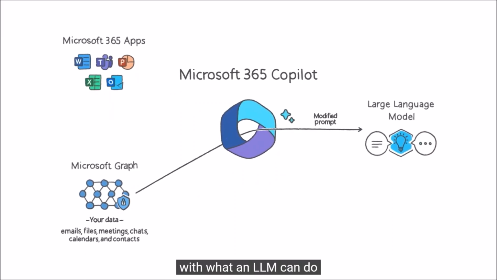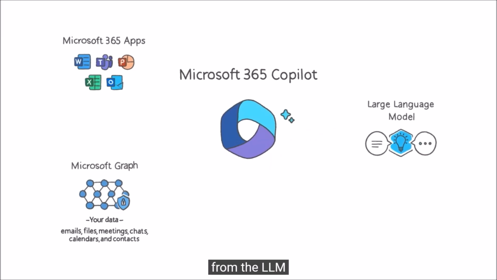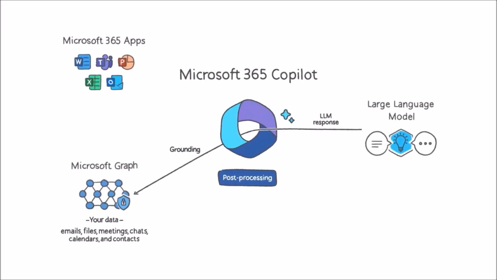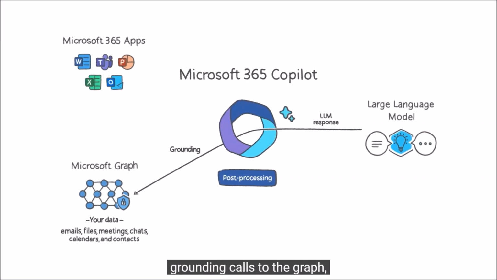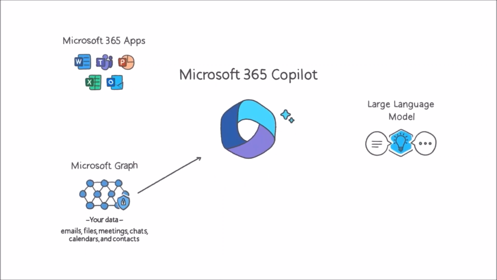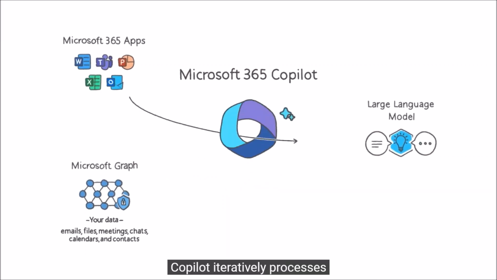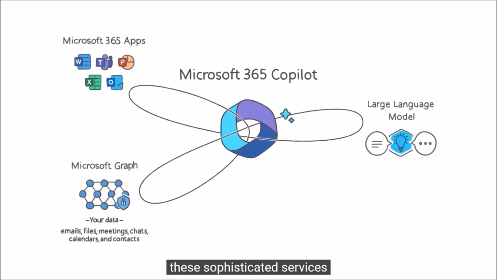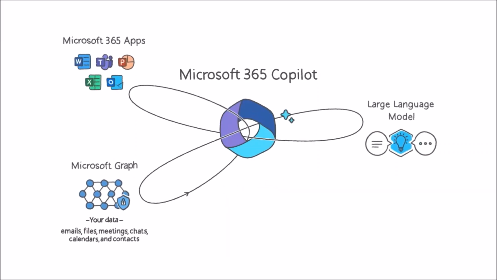You may be familiar with what an LLM can do based on your experience with ChatGPT or Bing Chat. Copilot takes the response from the LLM and post-processes it. This post-processing includes additional grounding calls to the graph, responsible AI checks, security, compliance and privacy reviews, and command generation. Finally, Copilot sends a response to the user and commands back to the apps. Copilot iteratively processes and orchestrates these sophisticated services to produce a result that feels like